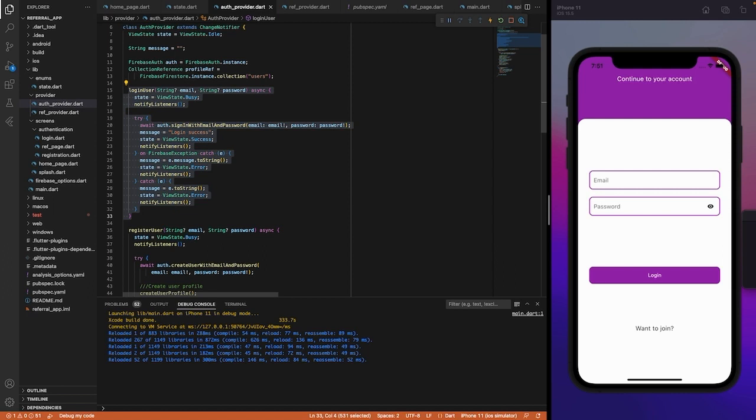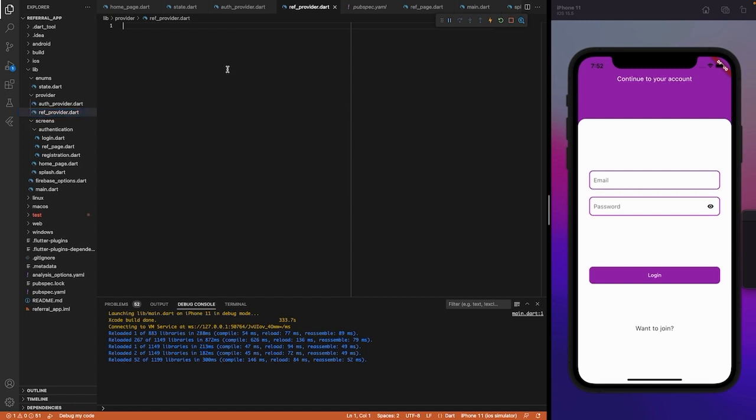So for the ref provider, I think we're just going to handle a few checks. For that, we are going to first of all fetch inside the user's profile collection. So I need to have that reference already, because that is where we are going to be saving the user's data and all those things. So I'm going to have that collection already, and I will take it and go to our ref page. So inside here,